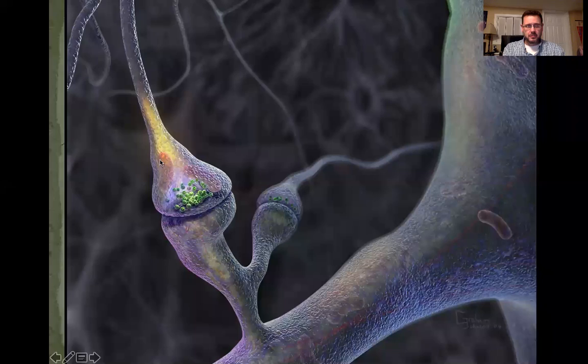Okay, folks, so as promised, now we start to look at what's happening at the synapse. So I want you to imagine where this is a computer generated picture here, but